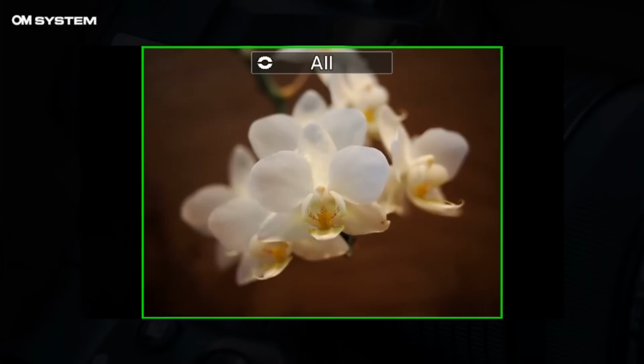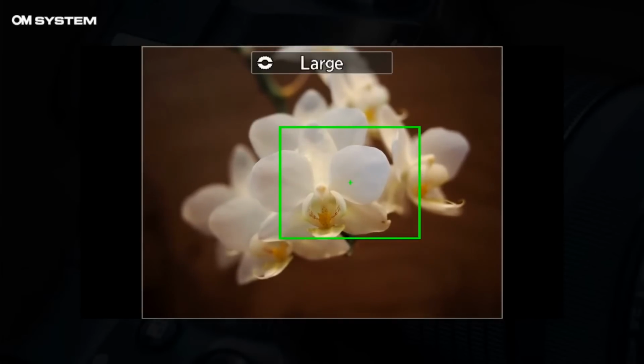These are the default focusing sizes and shapes which are built in the camera. Obviously, you can choose one of them. But as we have been discussing in one of the previous YouTube videos, which you can find on YouTube, where we are talking all about focusing on the OM-1, you can also create your own focusing shape,